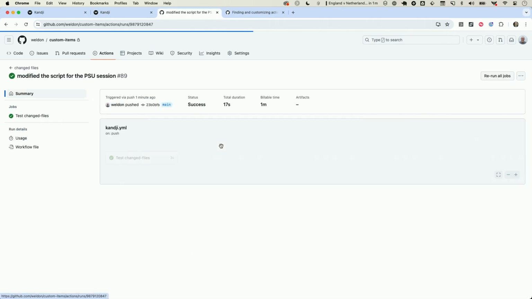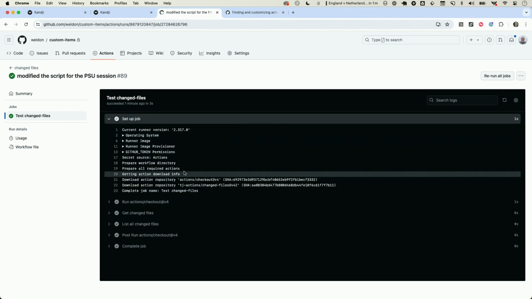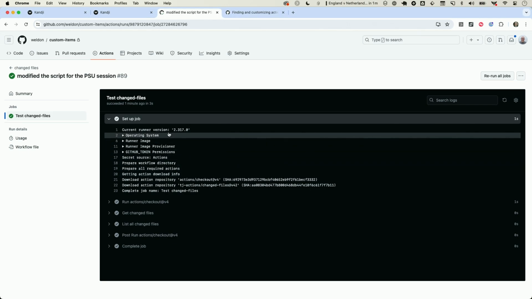So this commit is named here. It's run this workflow inside GitHub Actions, and we can take a look at what's been done, and then we'll look at how it was set up. So the first job here, the first action that's taken, is it starts a runner. Think of it as like a virtual server, right? A cloud computing resource that you can take advantage of